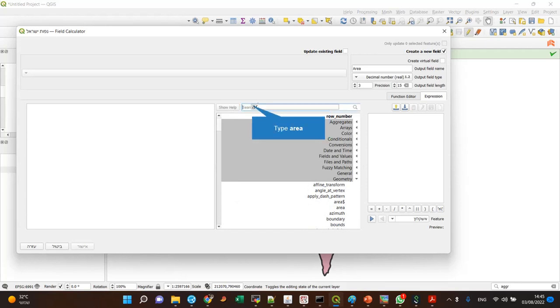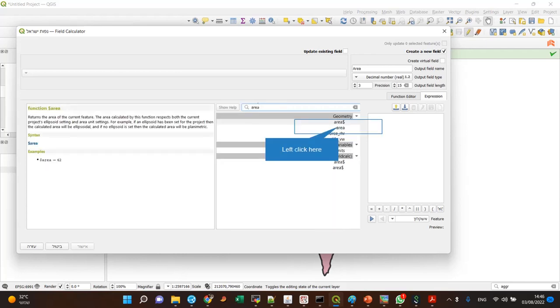But another is to just type right here a search term and get back the things that correlate to your search term. And in this case it's area, and you can see that there is area with a dollar